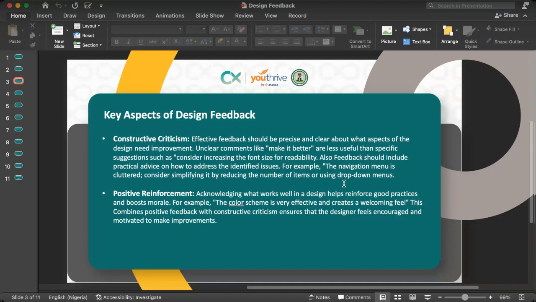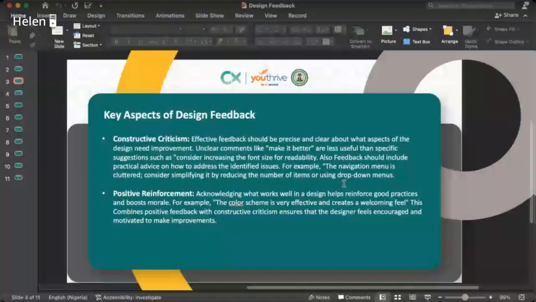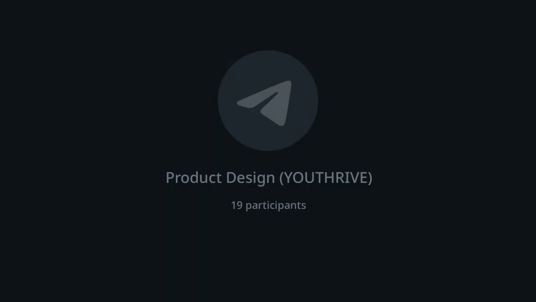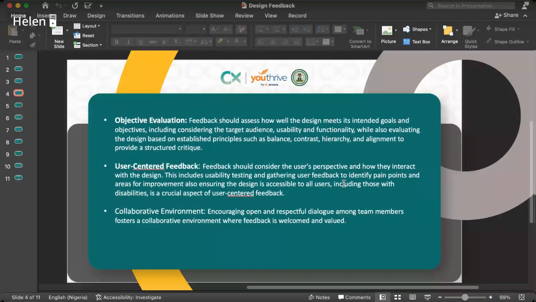Even when I was saying, okay, this your button is nice, but let's make it this way, I did not condemn the work. I appreciated their effort, and I also say, do it this way instead of this way. So positive reinforcement works hand in hand together with constructive criticism when it comes to the key aspects of design feedback. Now, the next one we have is objective,